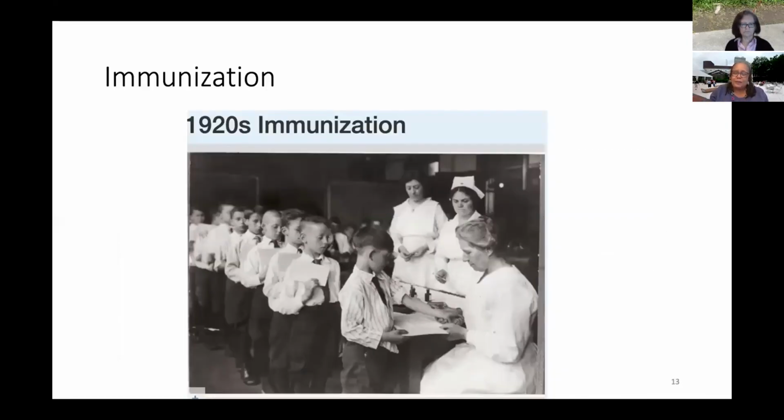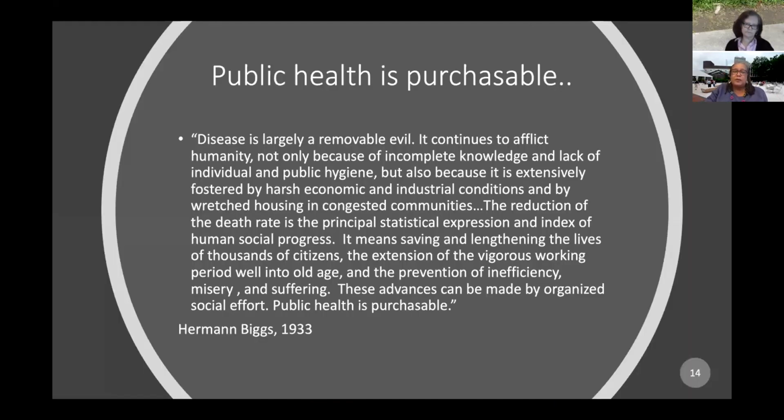The next big push happens when immunization is made available in the 1920s. There's a lot jumping from antitoxin to immunization, and there's a lot I can't cover, but here's, I think, a wonderful picture of what happened in schools. Children were being brought in every day, notice the short haircuts, and the students lined up to get their immunization shots. And so the support for this was very high.